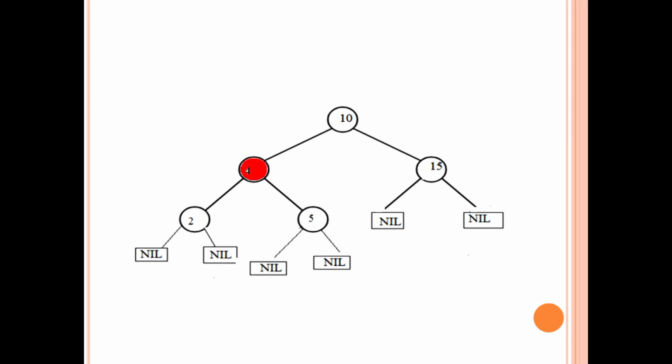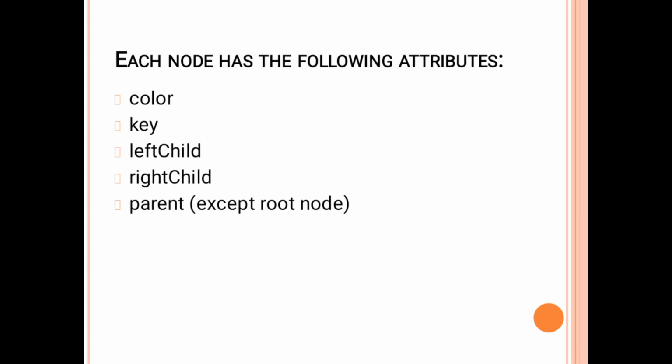We have to take another example. In this example, we have to check the red black tree properties. Here the root node is black, right, and its node is red and its children are black. This property is true, and the leaf node maintains the black color, and we have to check the height. Here the black height is equal, so this is also right. So this is finally a red black tree.